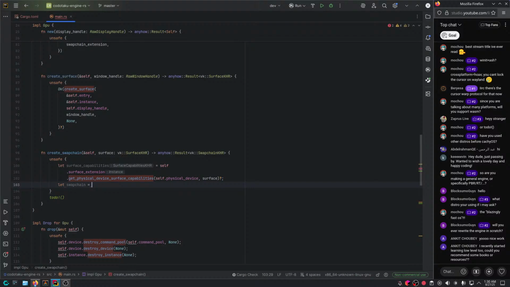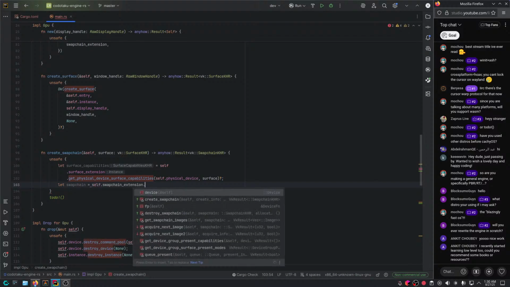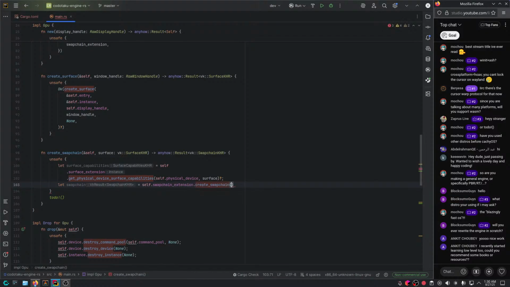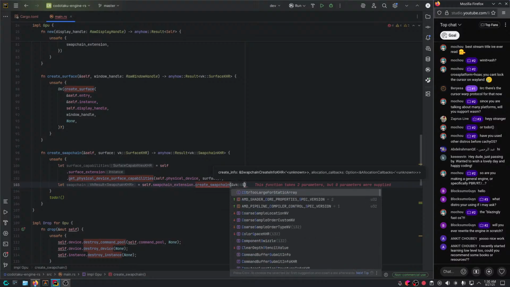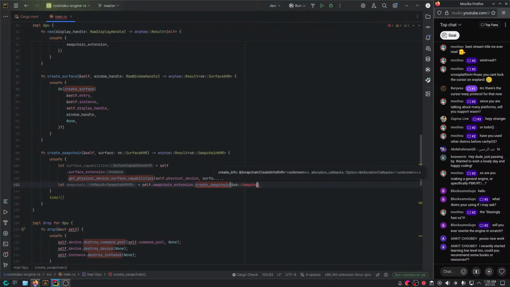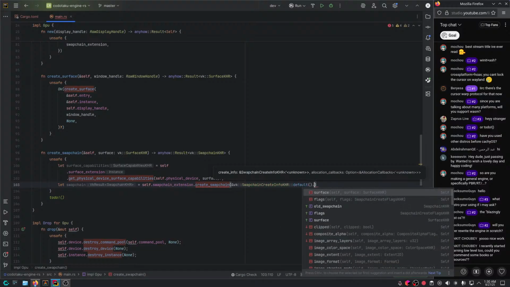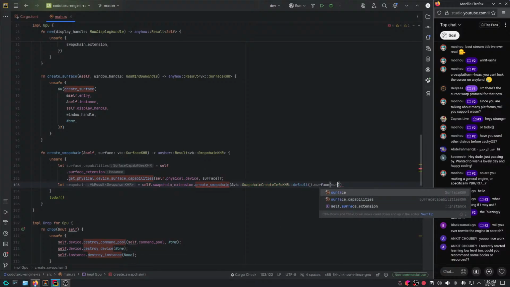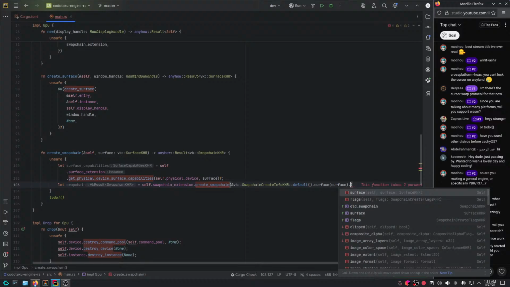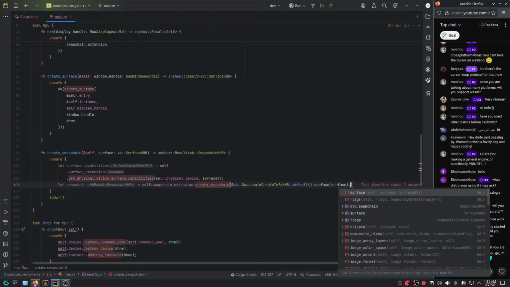Swap chain is equal to swap chain extension dot create swap chain, and here we need swap chain create info KHR default dot surface, and we can just pass it the surface that we're interested in. And there's some other few things too, like the old swap chain, which we're not going to care about for now.